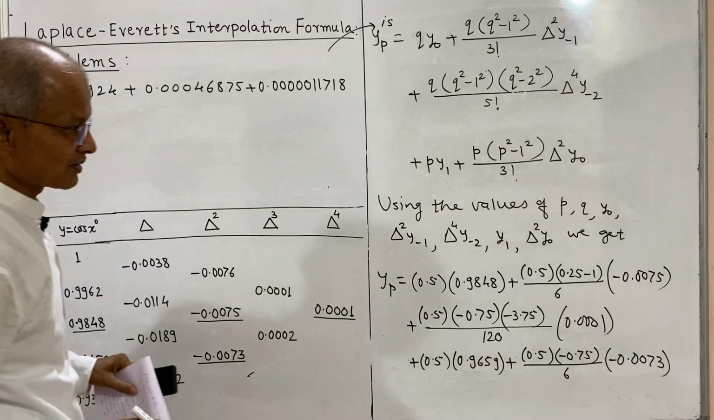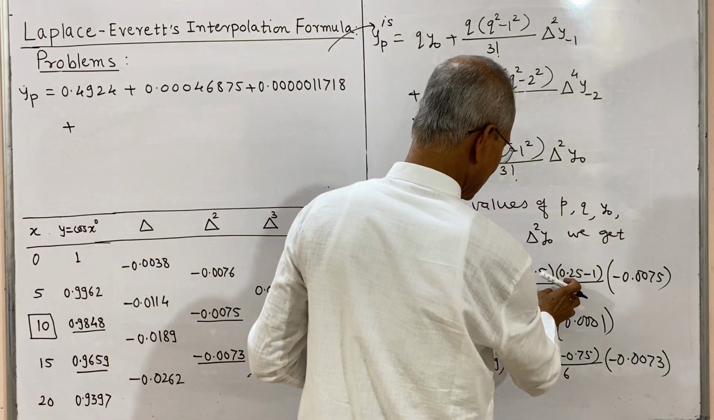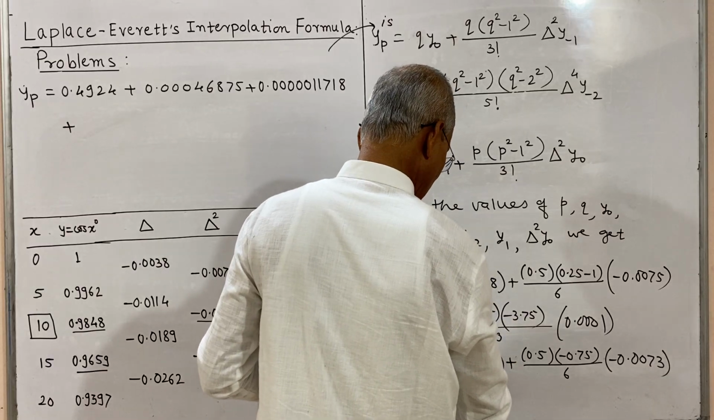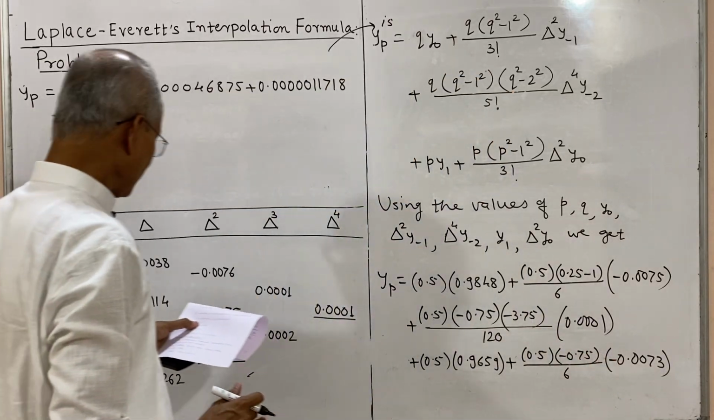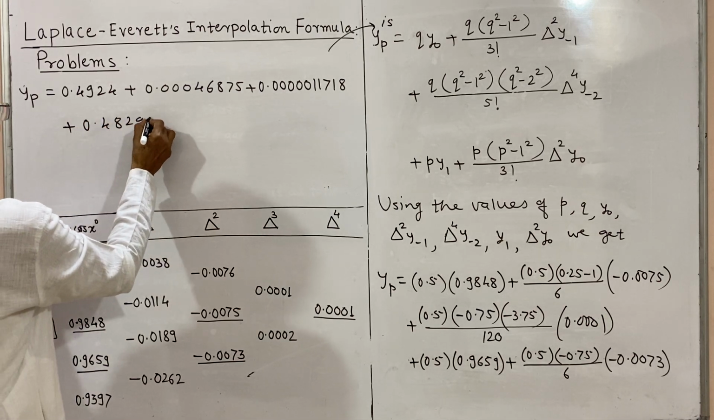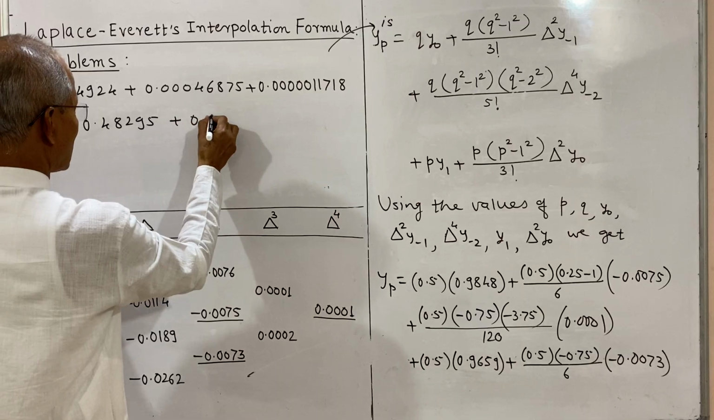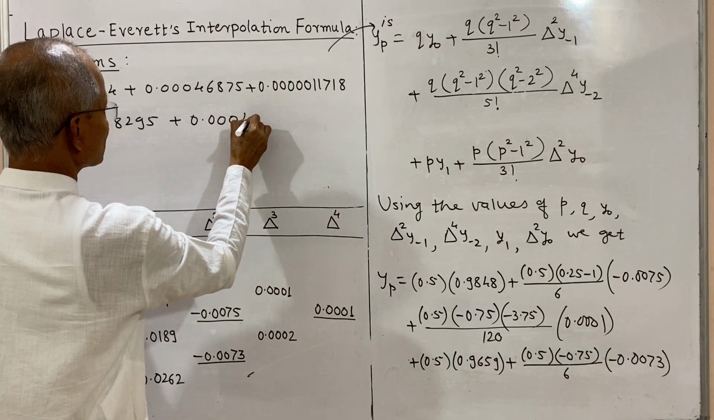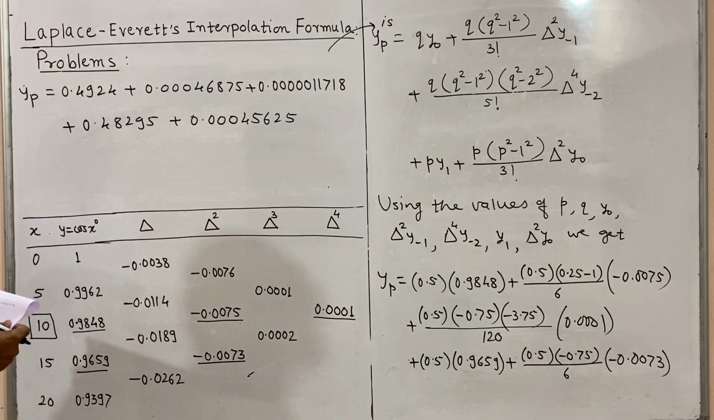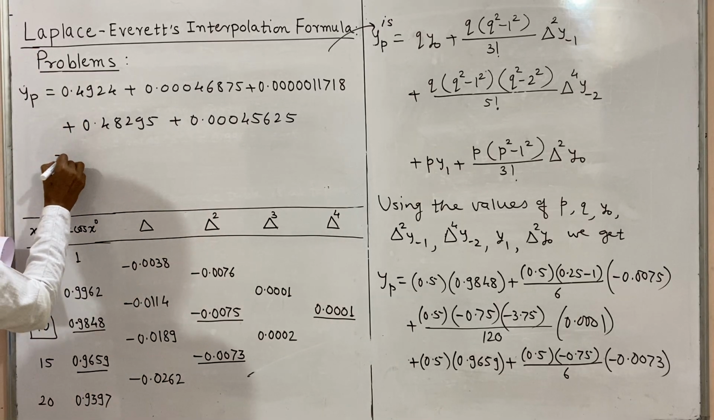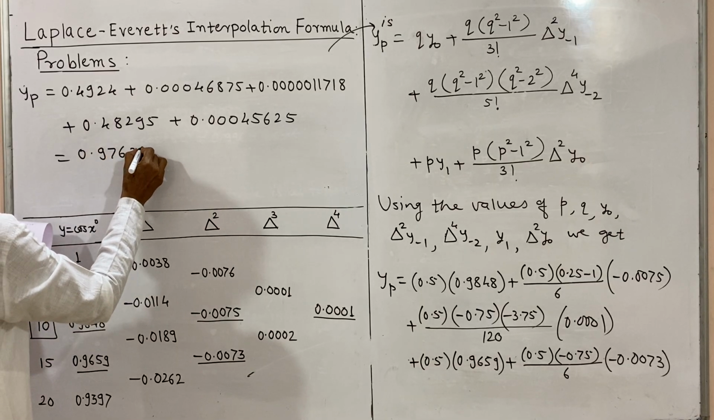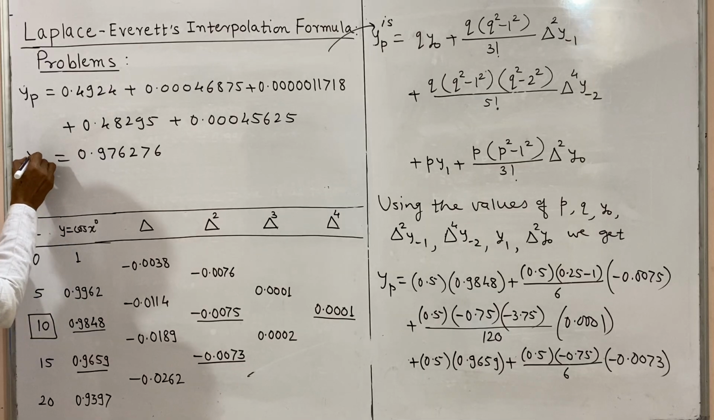All signs become positive, because this is negative, this is negative, that becomes positive, negative into negative, positive again, and this is also positive, plus. So these are the values, and the sum of this is 0.976276. So this is yp,